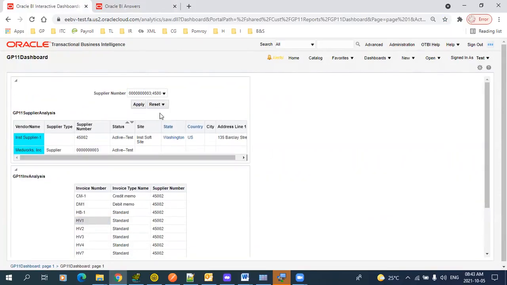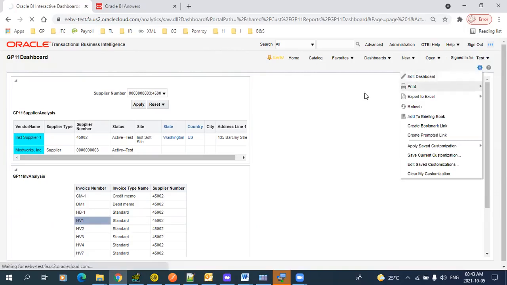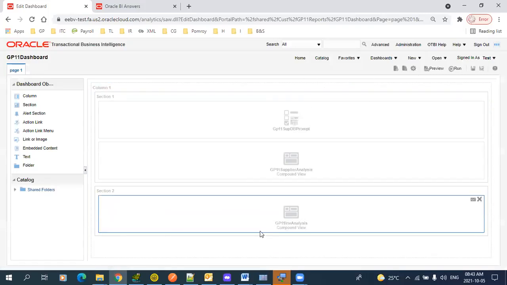Since we enabled the same subject area column, which is prompted, values are automatically supplied to your respective analysis and you will get the expected output. Okay. This is the dashboard. This way you can create n number of dashboard prompts and n number of analyses on your dashboard, and you can place all on your container. So other than this,